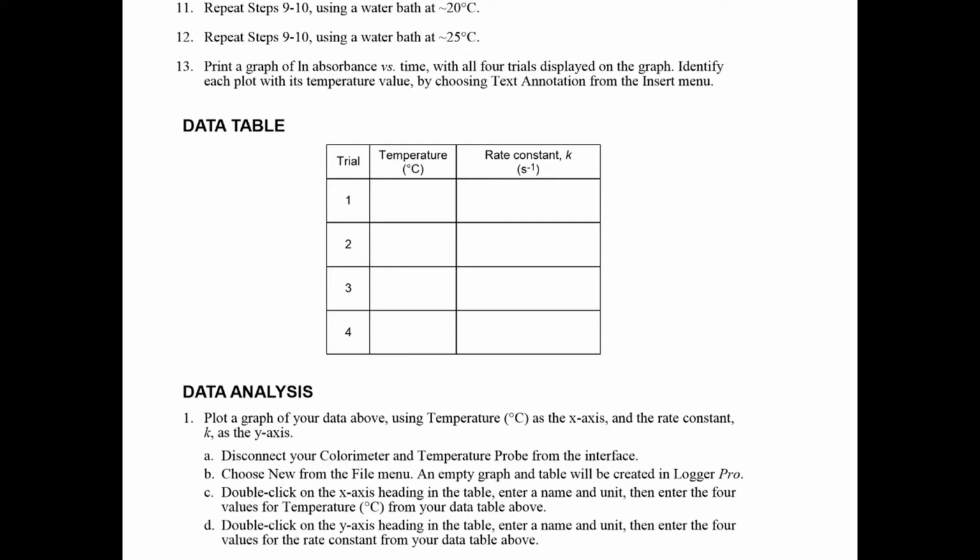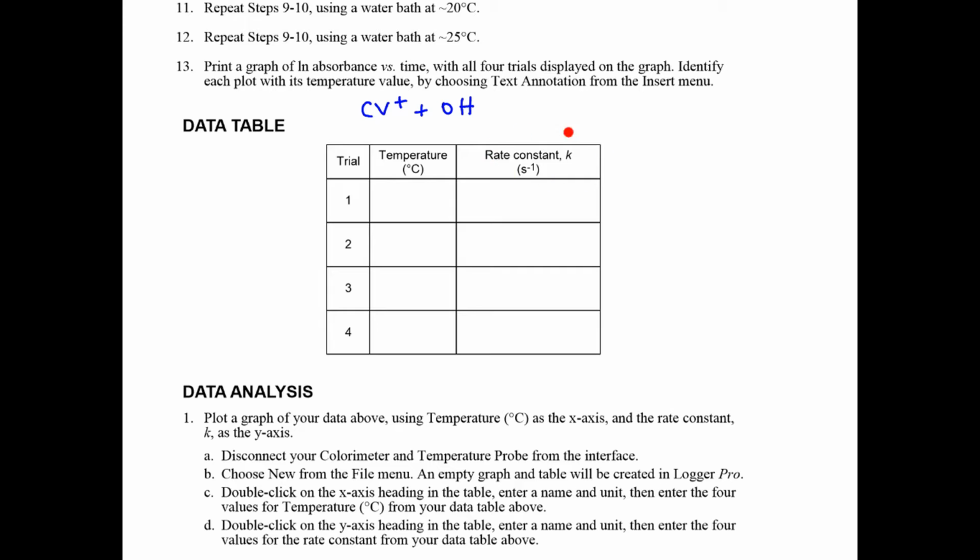Today we're going to be discussing lab number 35, which is finding the activation energy of a reaction. And the reaction is the same reaction we used before, which is between crystal violet and sodium hydroxide. In order to find the activation energy of this reaction, we need to find a relationship between temperature and rate